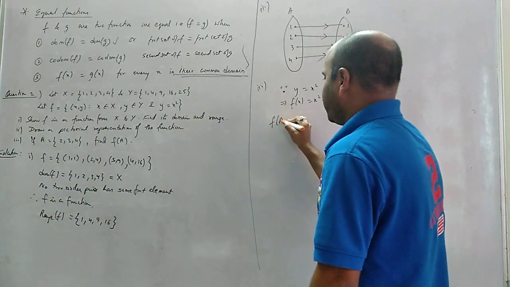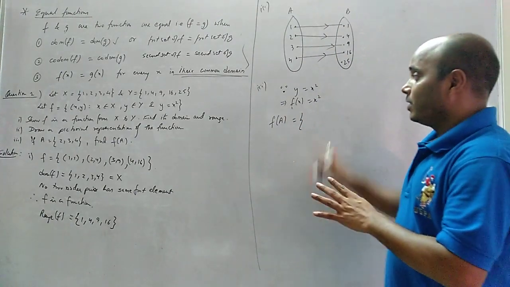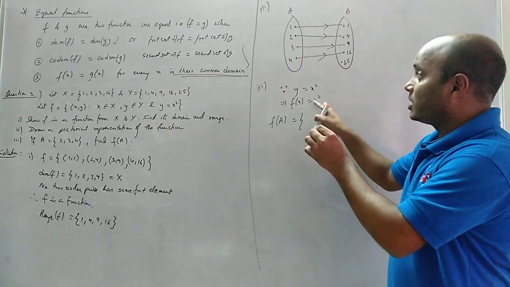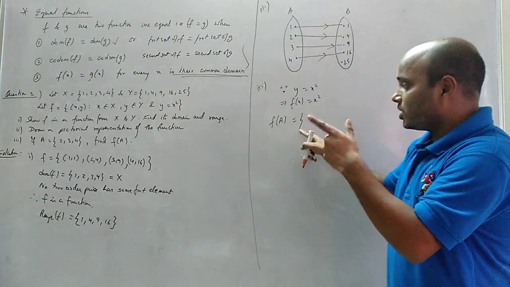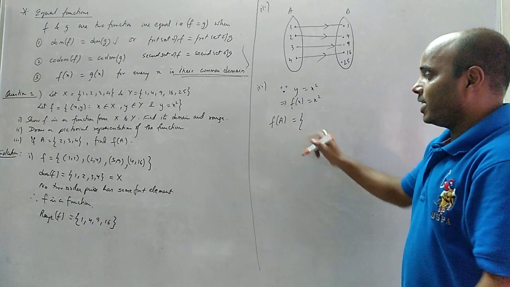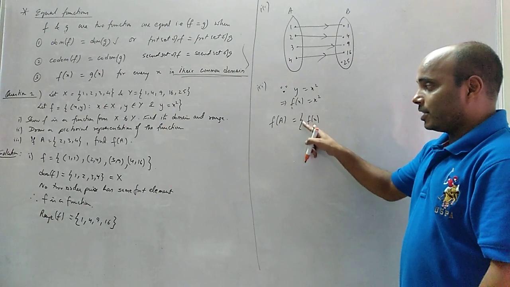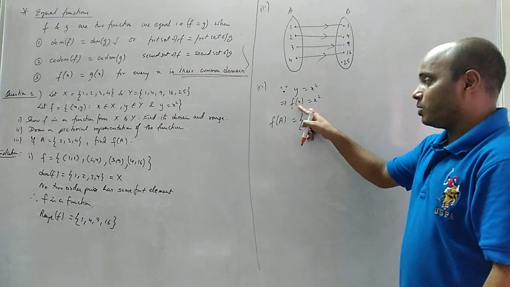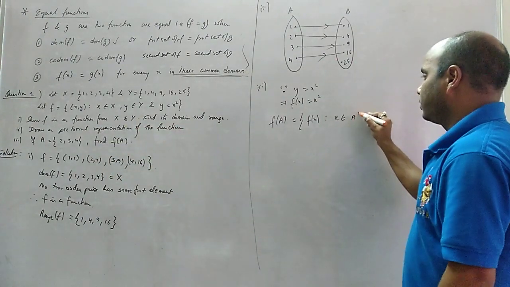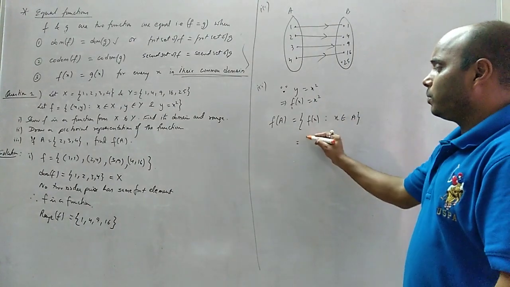So what is f of A? Now see nicely. f of A is a set. Because what is f of A? f of x, x square. So x elements. x is nothing but the first set. That means it is a set. You understand how it becomes a set? These x are nothing but in the first set. So f of A is a set which contains f of x. f of A क्या है? एक set है. जिसके अंदर कैसे एलिमेंट्स होंगे? f of x एलिमेंट्स होंगे, such that ये x कहां पे होगा? A के अंदर होगा. ओके, x कहां पे होगा? A के अंदर होगा. तो चलो एक एक करके सब्स्टिट्यूट करो.